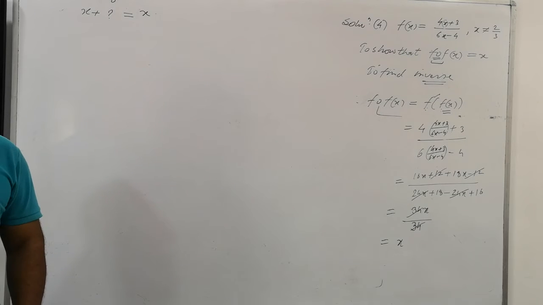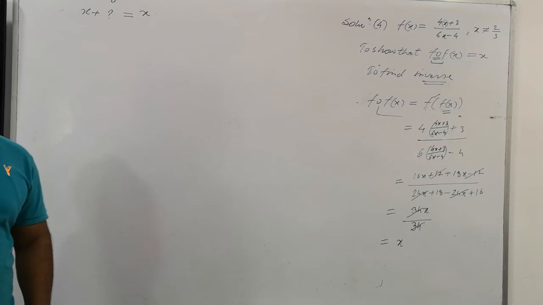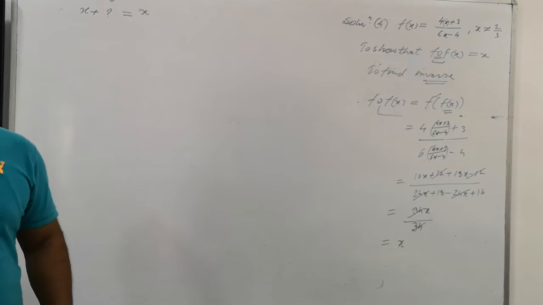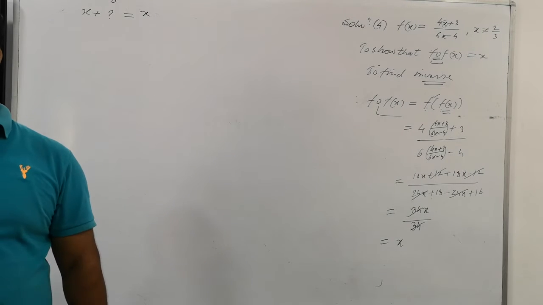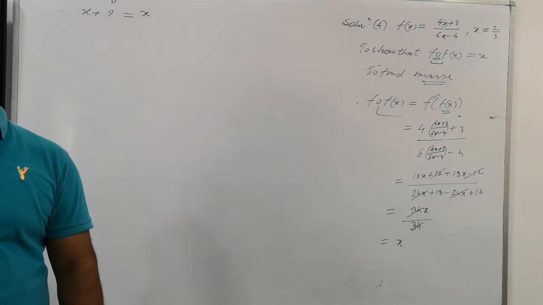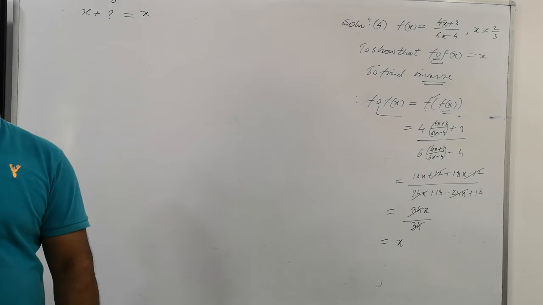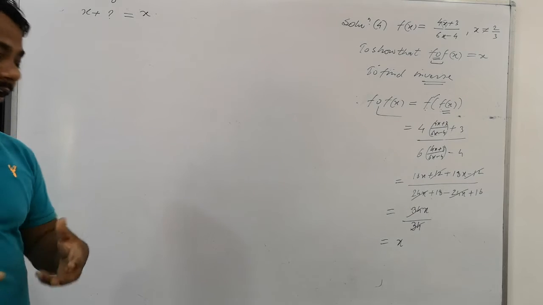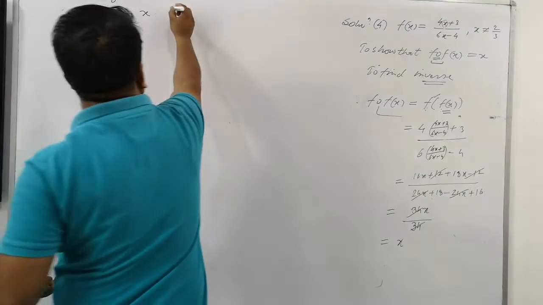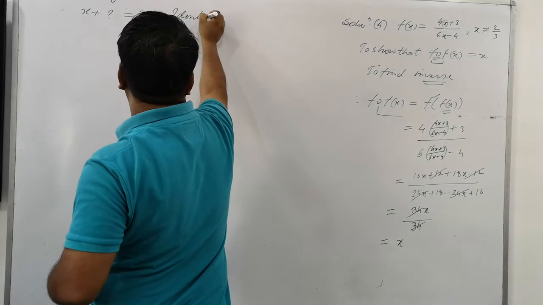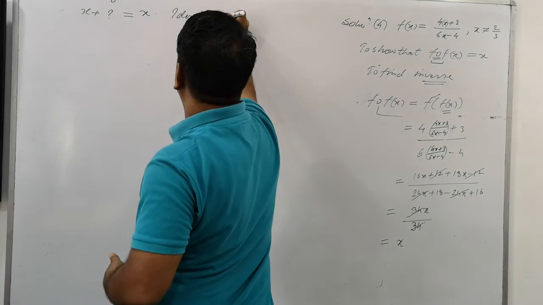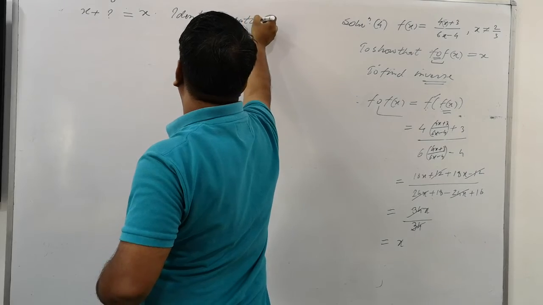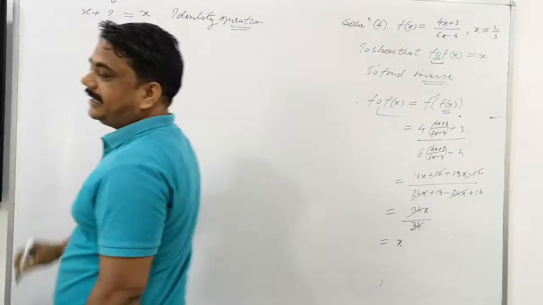Now we have done the operation. We employed the function, and what is coming? x itself is coming. Such a type of operation in mathematics is called identity operation. What operation? Identity operation. Is that clear enough? Employing such an operation is said to be identity operation. This is called identity operation, or we can also say here identity function.